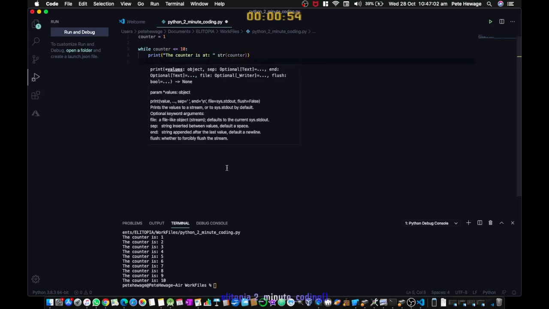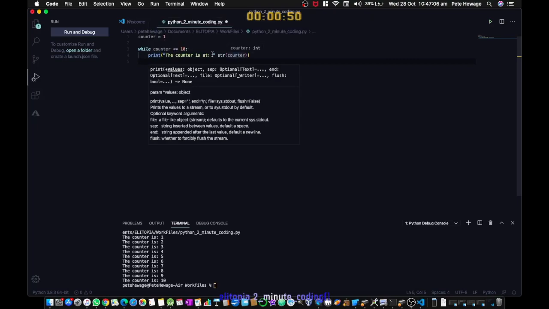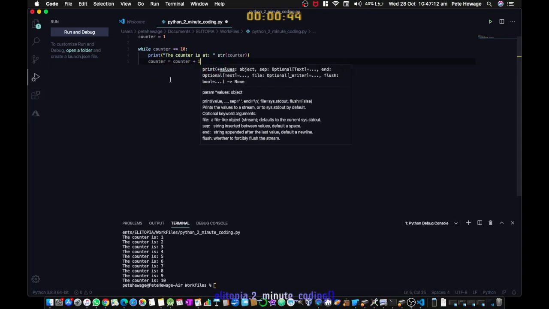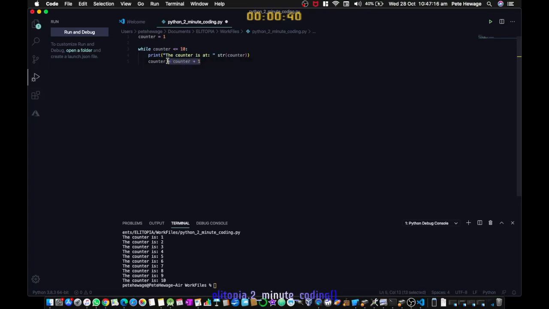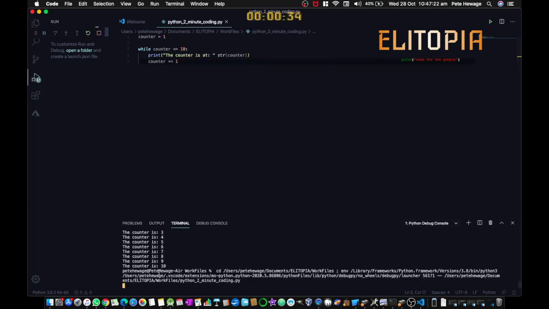Now, if we just run this as it is, it'll infinitely print this value, because the counter is not changing. What we're going to do is we're going to say that counter equals counter plus 1, which is basically adding 1 to counter each time. There's a quicker way to do this, which is counter plus equals 1. Now you'll see if we run this, what it's going to do, down here in a second you'll see,